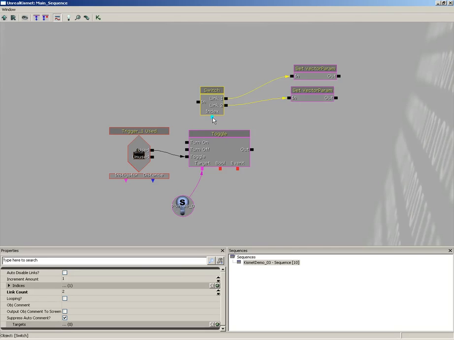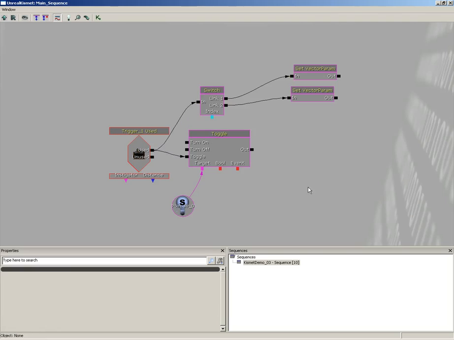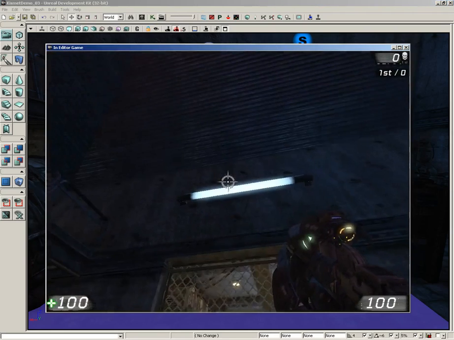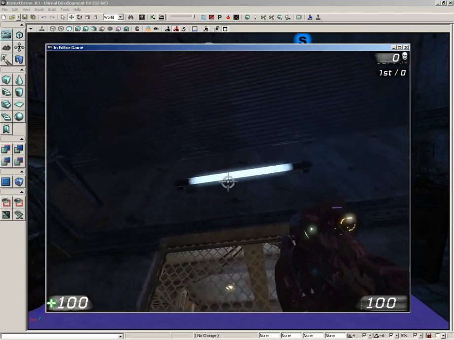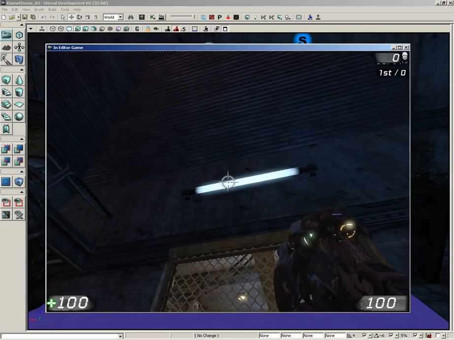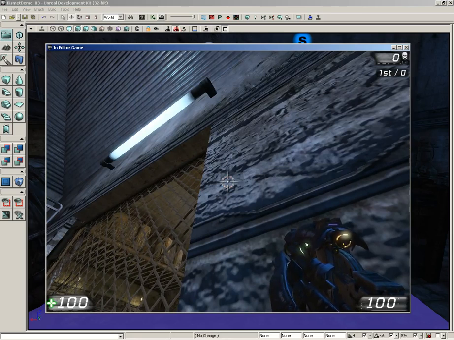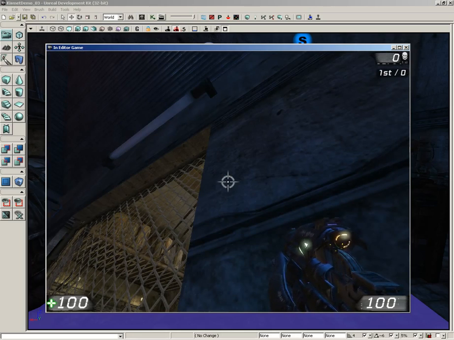A couple of other things we need to keep in mind, but actually, you know what? Let me just show you how this works. So let's go from our used output on our trigger into the input of our switch. We're missing something, but I actually want to show you the effect of what happens when you miss it. Let's just play from here. Now this is kind of interesting. Our light is already on. That's an interesting problem. But what I'm going to do is hit the E key once. Now that just set the material to its on state, though it was already on, so that's kind of an interesting problem. And then we can press E again, and that switches the light back off, which is great, but